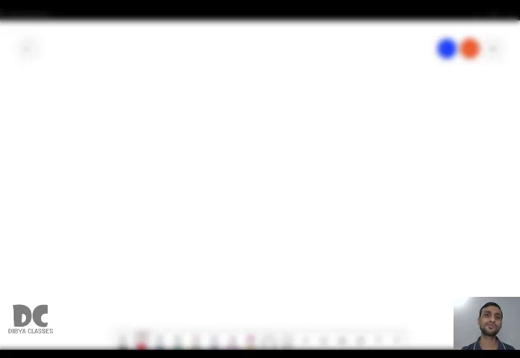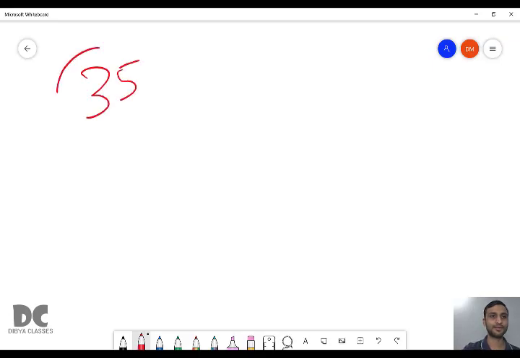Today we are going to solve a few more questions based on loops. Till now we have solved up to question number 34, and today we are going to solve from question number 35. So let us move to question number 35 in your printed notebooks. You can see the question is: write a program to print the Fibonacci series.